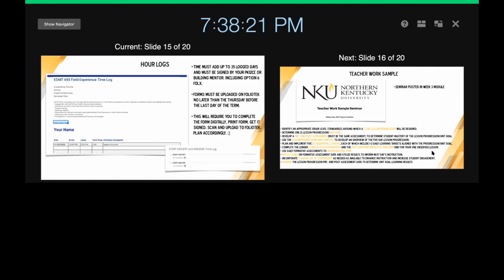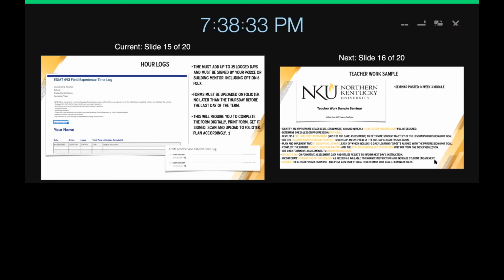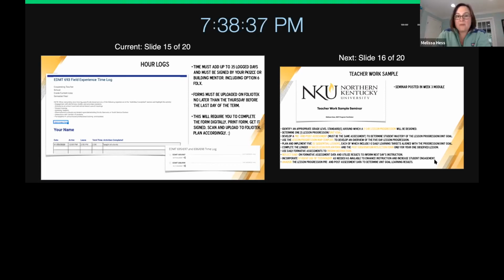It says time must add up to 35 log days. So is that 35 in the first half and then 35 in the second half, or 35 for the entire? 35 for term 1 and then 35 for term 2. Okay, just wanted to make sure. And again, I know most of you are option 6, so you are hitting those hours hard already.